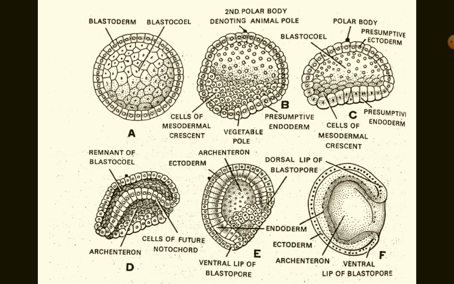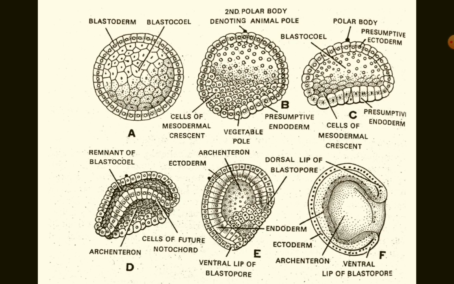Now these are the diagrams which describe the complete process of gastrulation in Amphioxus. So you can just see all the changes that are represented. The flattening of endoderm in B, then invagination of endoderm in C and D, and in E you can see the complete invagination, and the blastocoel is completely replaced by a new cavity, that is the archenteron. And in diagram E, if you observe, the ectodermal cells have become more cubical, whereas the mesoderm and the endodermal cells have become more columnar in nature.